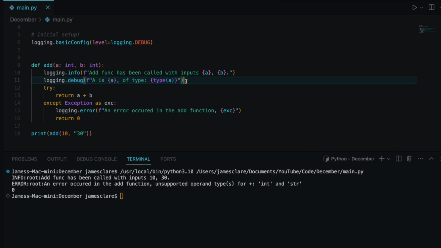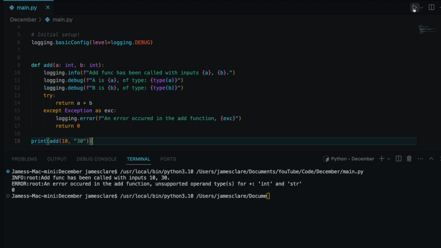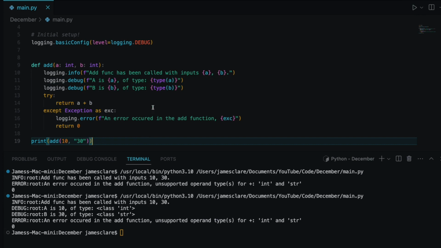This would get super low level. We'll do B, B, and B like that. So if I hit run again, there we go. So yeah, if you were being super pedantic, and we tend to do this a fair amount at work as well,